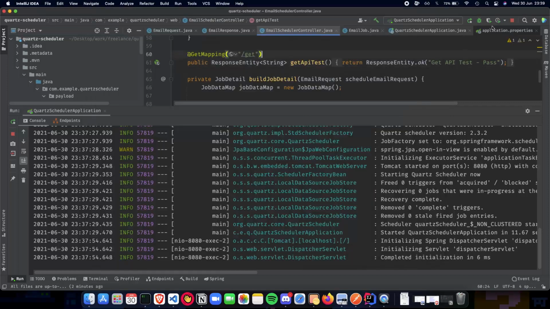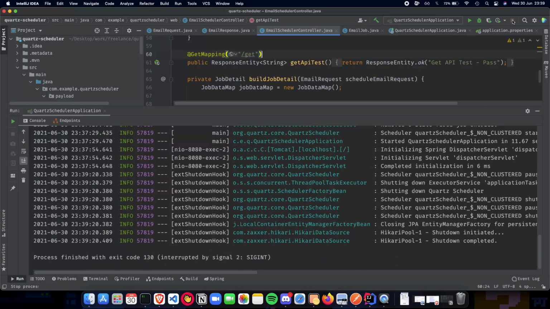Now, if you are still not convinced of whether the email was sent or not, what you can do is use debug mode inside Quad. Let's actually do that right now. Let's stop the application and run it again using debug mode, and then you can see every single state happening step by step.